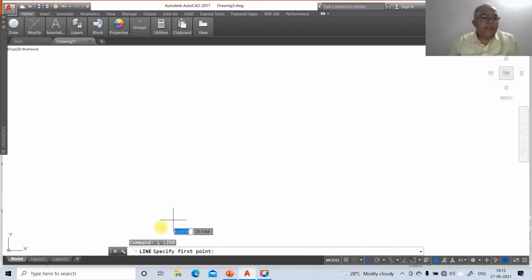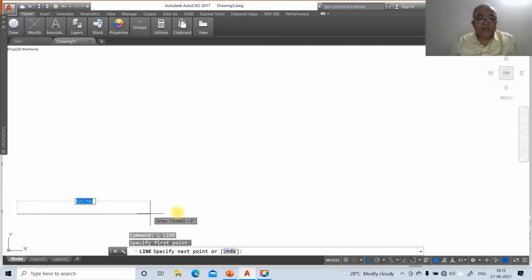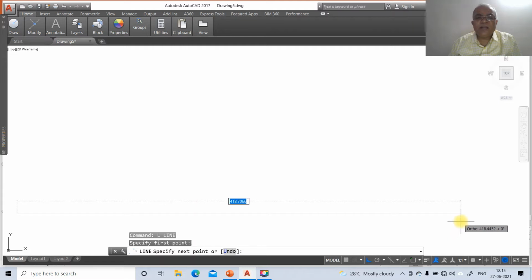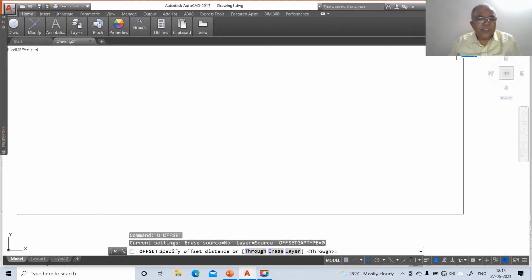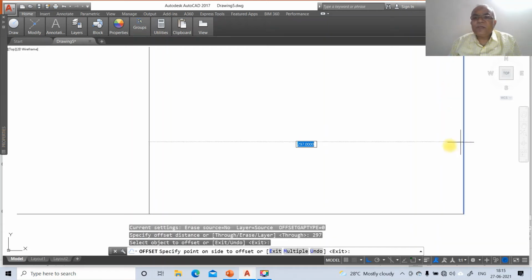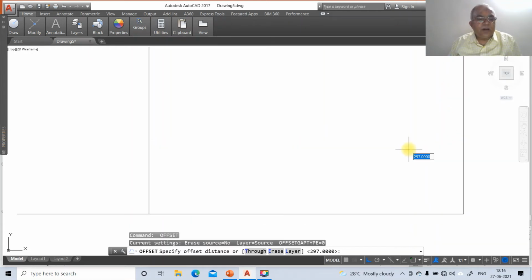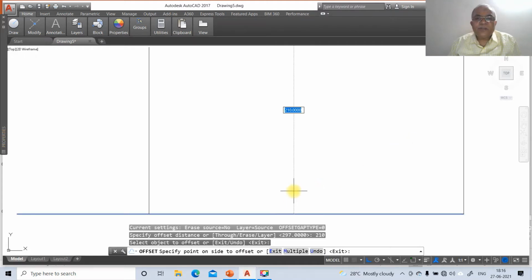Then go to line, select some arbitrary point, click and drag the mouse towards the right side, take some distance and click, then take the cursor to the top side, take some distance and click. Then go to offset, take the distance as 297, select this vertical line and offset to the left side. Again go to offset, take the distance as 210, select this horizontal line and offset to the top side.